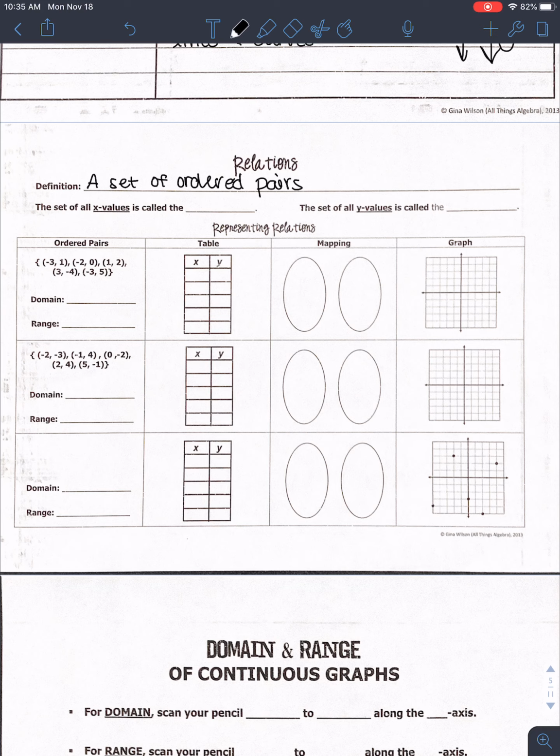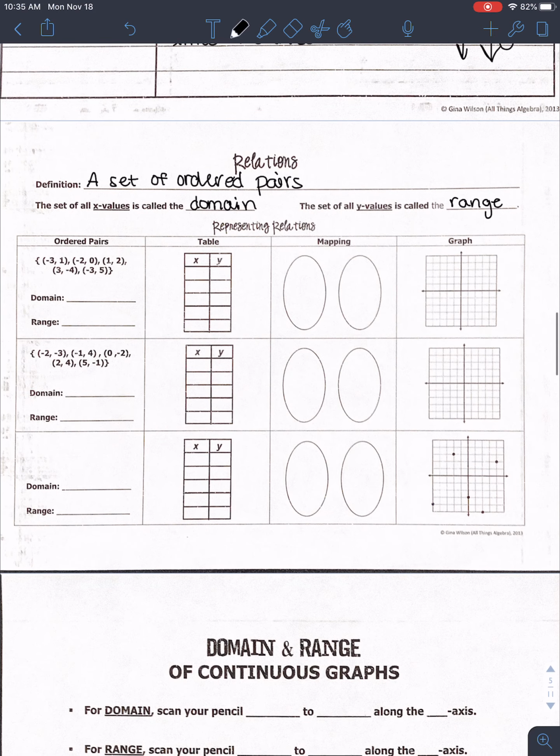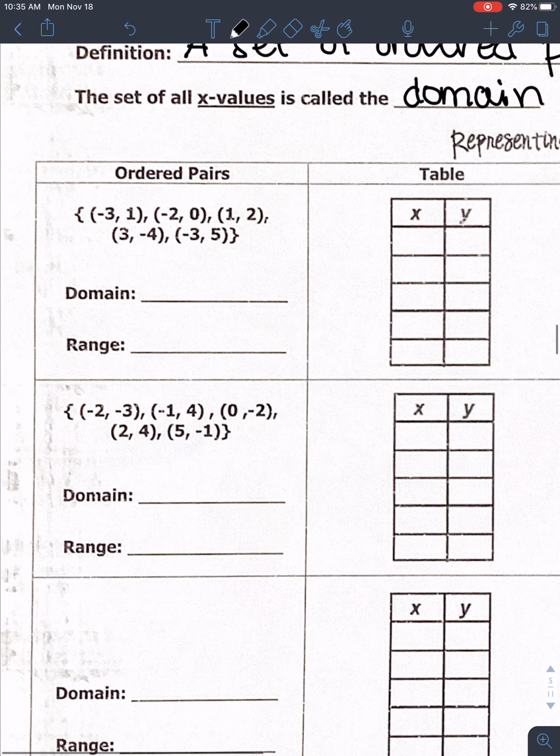The set of all the x values is called the domain. And the set of all the y values is called the range. So for these first set of ordered pairs here, my domain, let's see if I can zoom in. So remember, let's highlight all of our x's in, let's do purple. All my x's are going to be in purple. And then all my y's, let's do orange. All my y's will be in orange. So that'll make it a little bit easier when we go to write these